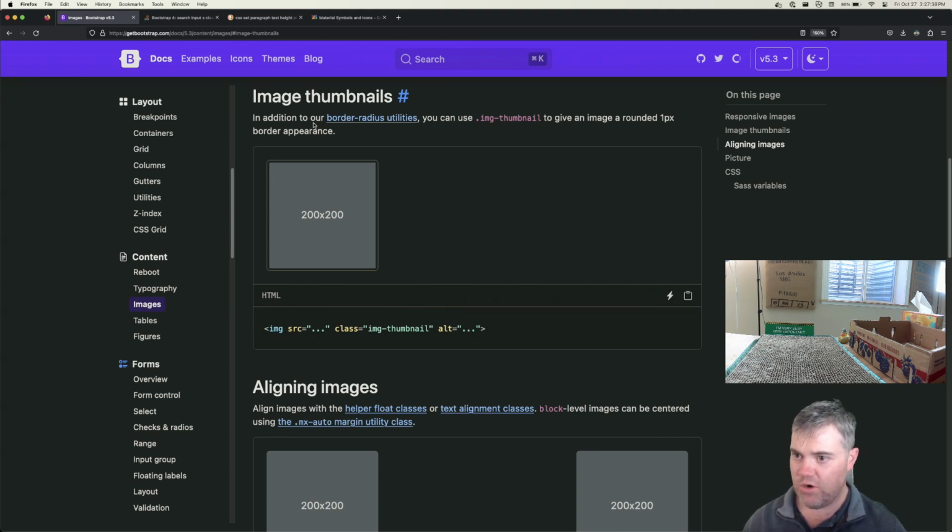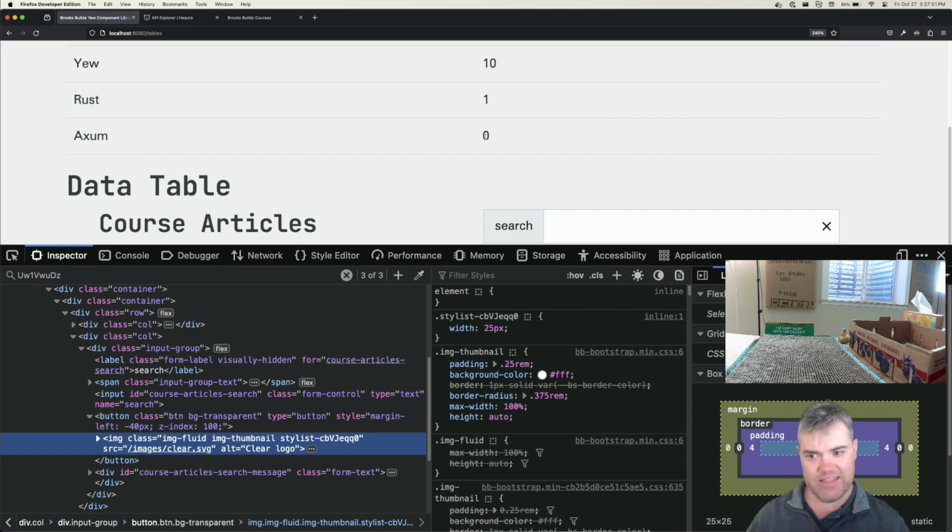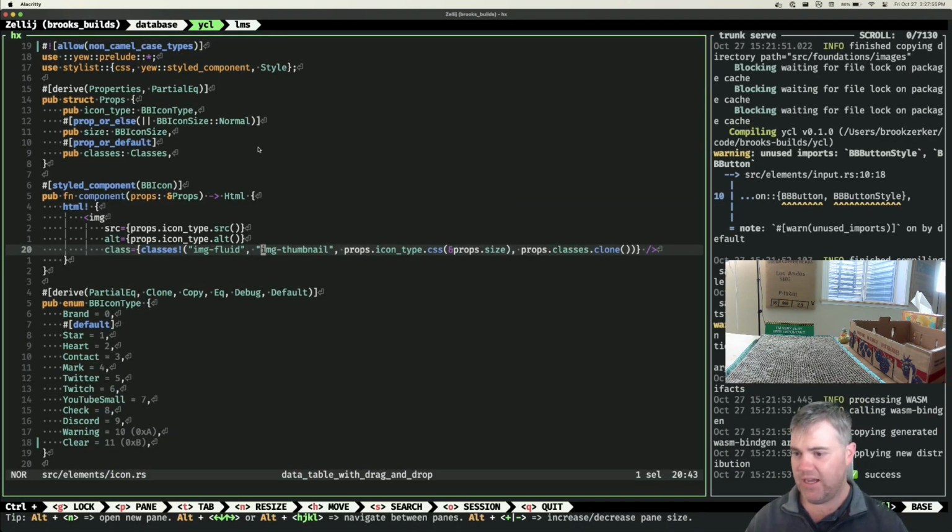In addition to our border radius utilities, you can use the image thumbnail to give an image a rounded 1 pixel border appearance. Why did I want that? Like, I chose it. I literally chose to put it in there for some reason. So I am now going to, because I'm using classes here, we can choose to give this